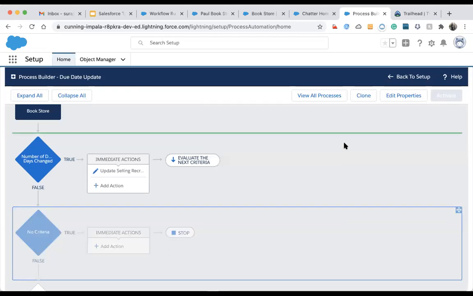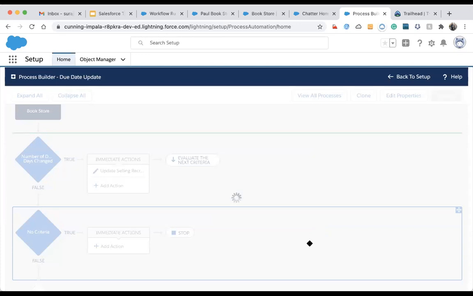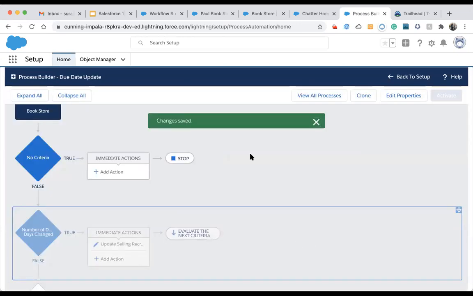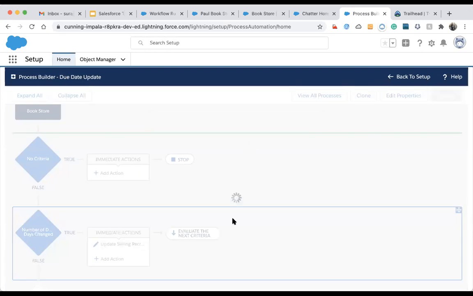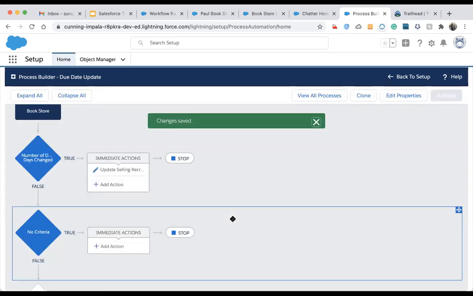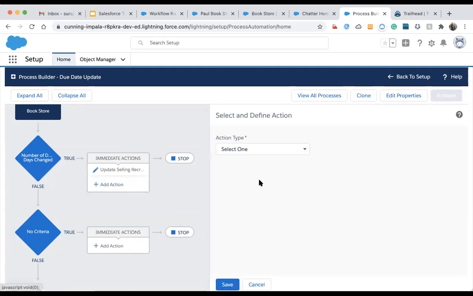Suppose we scroll up here, this will execute first and that will execute last. We have control over which rule criteria will execute first, but in the workflow we don't have any such control over which rule will execute first and which will execute last. And apart from that, in terms of advantages, we can execute Apex classes, make a post on Chatter, submit a record for the approval process, and also update related child records. Any questions?